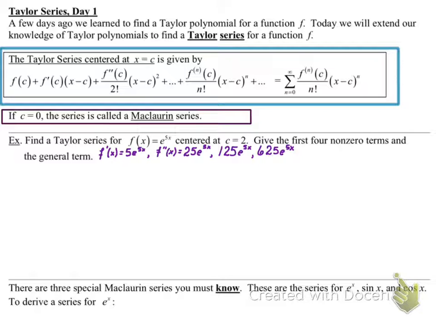a few days ago we found a Taylor polynomial, and now we're going to find a Taylor series. We're going to generalize it with summation notation rather than finding the remainder. So we're going to find a Taylor series for f of x equals e to the 5x centered at c equals 2,